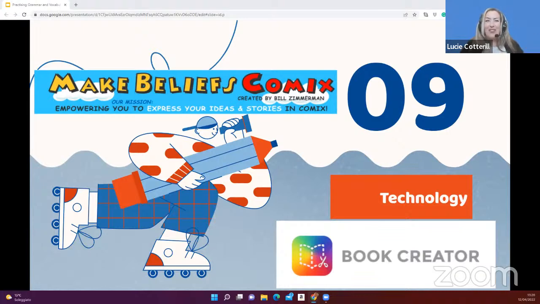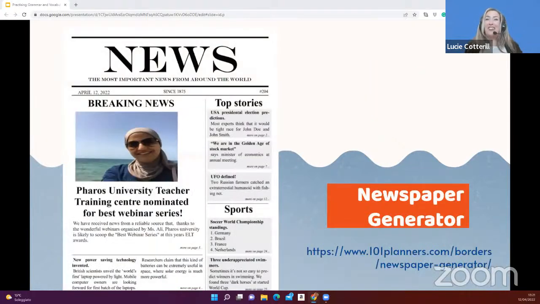And another type of site that I really love are newspaper generators. So here's an example. And I'll put the link as well in the chat box in case you want to use this site. It's got lots of different templates, not just newspapers. And it's very easy because you just click on the bit that you want to edit. So here I've added a photo, I've done a headline. So if we're working on news articles, this is really good. And I sometimes also create these for my students as a lead in to something else. And they can use their sense of humor. It's really funny and so on.